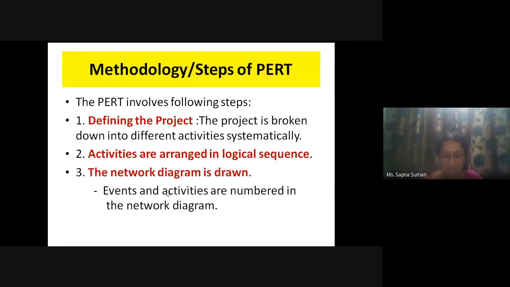So the third thing is we have to draw the PERT chart or the network diagram, where we will show all the different activities, events with help of the nodes, and then we will number them so that numbering simplifies the order also, and we are arranging them in a logical sequence also. Okay, and then with help of the network arrows, that is the vectors, we will establish the relationship between the various tasks.